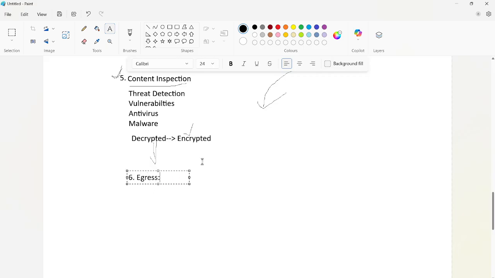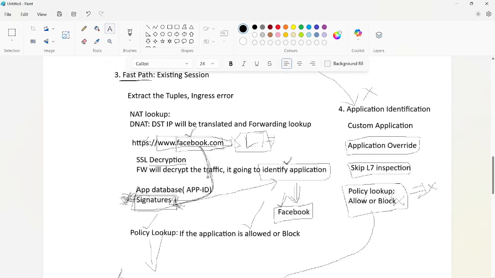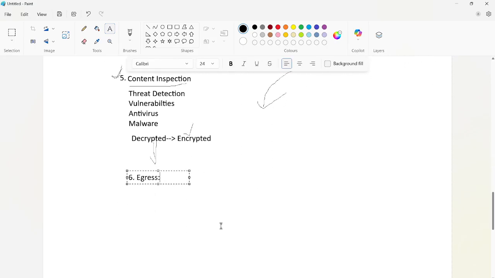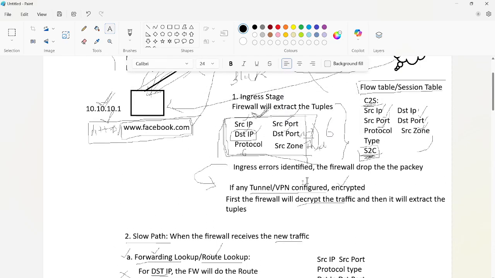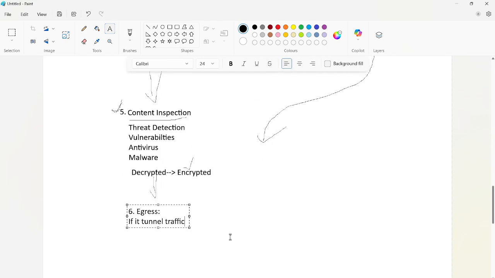In the egress stage, if all the stages between ingress and egress are done, it will enter the egress stage. This is where the traffic is coming out. In the egress stage, if it is tunnel traffic, we have seen that the firewall decrypted the traffic, but in the egress stage we are going to re-encrypt the tunnel traffic.